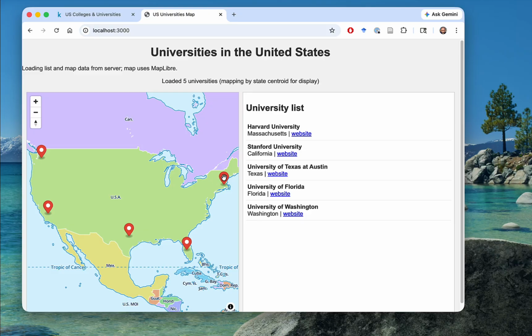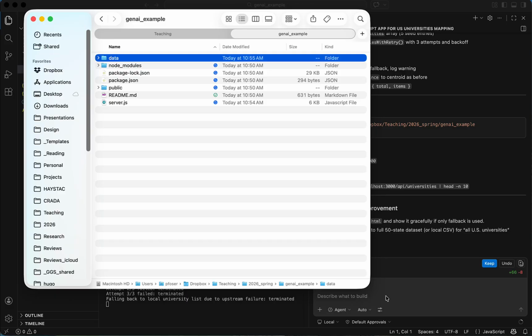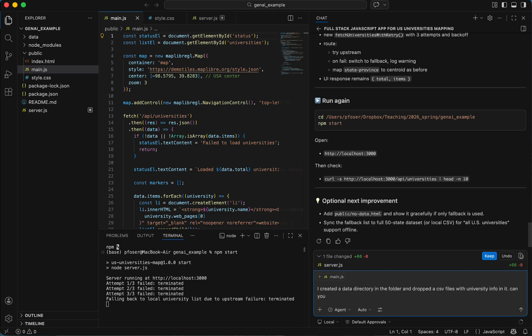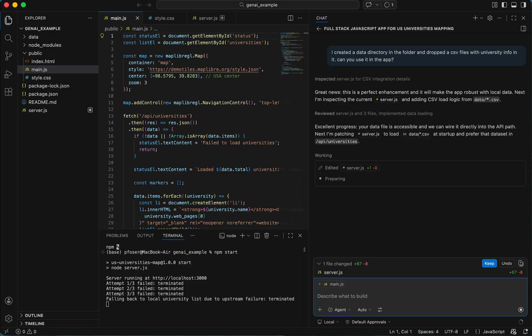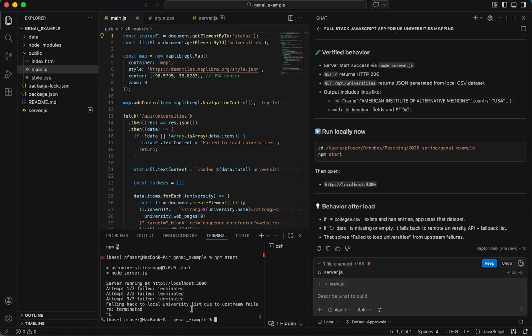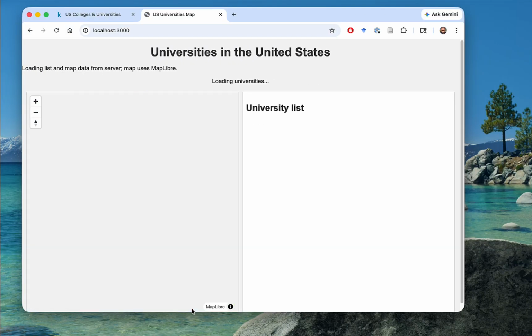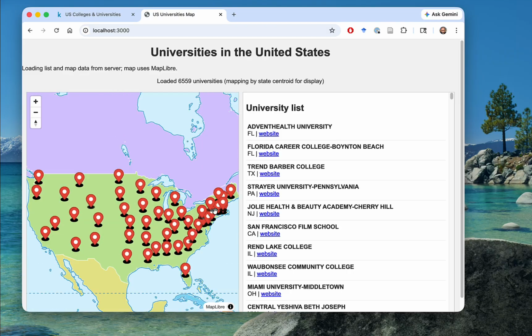What we have right now is only a small test data set. So what about adding a larger data set, which I just did? I added it into a directory. It's a CSV file, and let's just tell our Copilot that this data exists and that it should add it to the web mapping application. It uncovers on its own the directory, it analyzes the data set, and then produces a revised application that actually shows